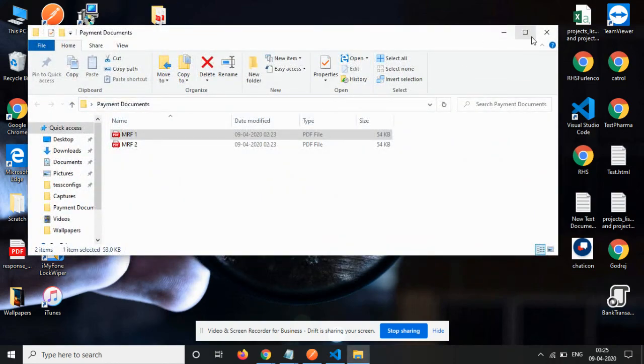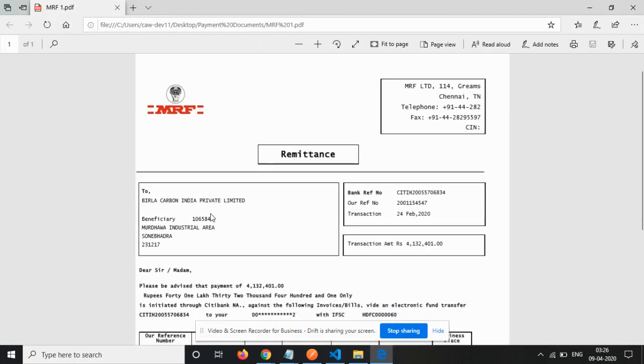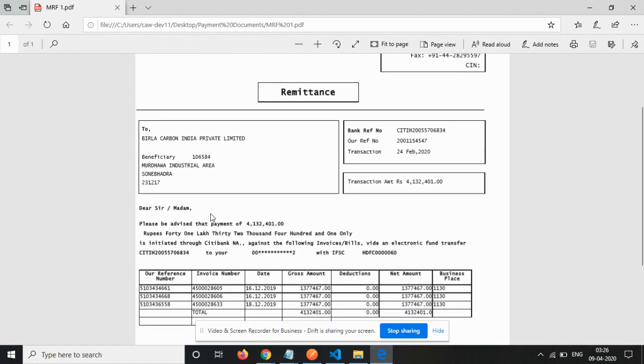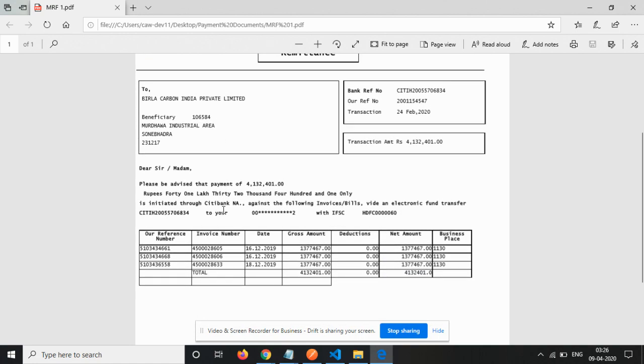So here you can see there are two documents of MRF. Let me open these documents for you. These documents are payment advice sent to Birla Carbon India Private Limited. Our target is to capture the maximum information from these documents, like the payment amount, bank reference number, IFSC code,